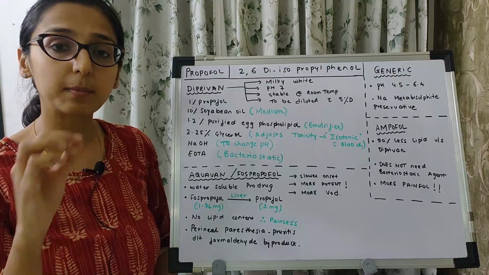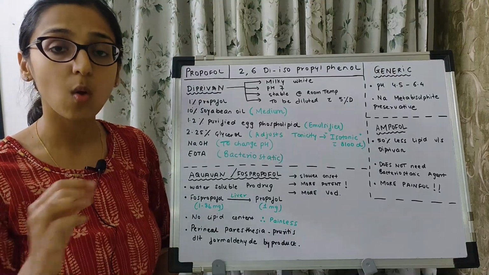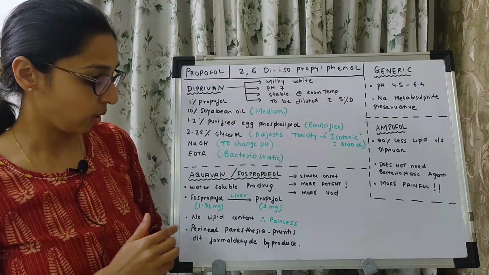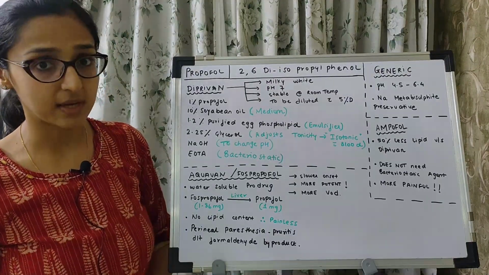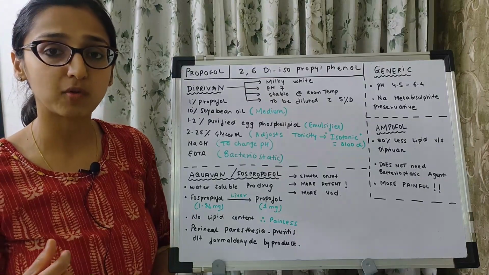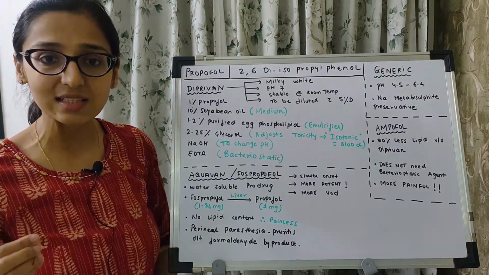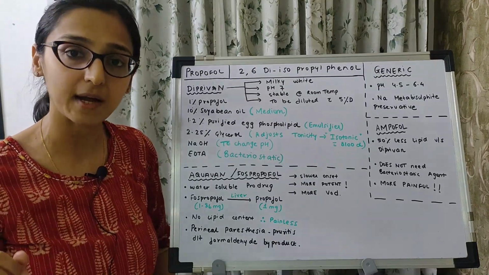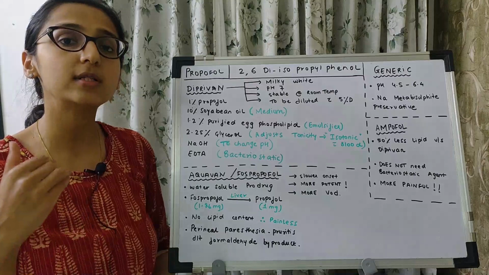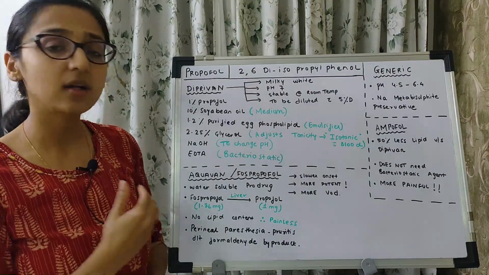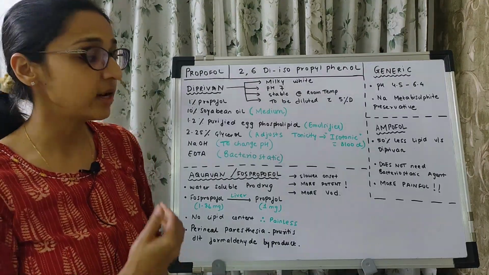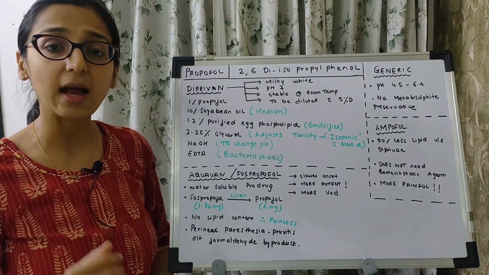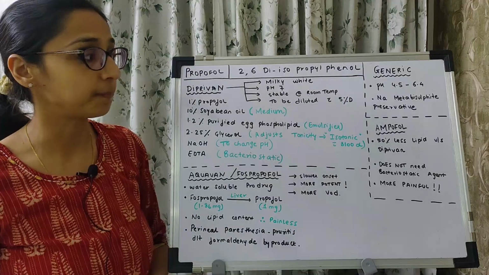Fospropofol will get metabolized in the liver to form propofol. 1.8 mg of fospropofol will yield 1 mg of propofol. No lipid content is present. Now, when you give a bolus of fospropofol, it can cause perineal paresthesias or pruritus. This is attributed to the formaldehyde byproduct that is produced when fospropofol is converted to propofol. So, what are the other points of this Aquavan? It has a slower onset, a more potent effect, and a larger volume of distribution.